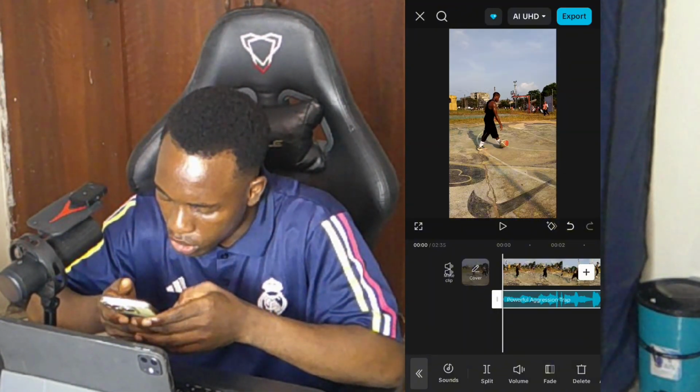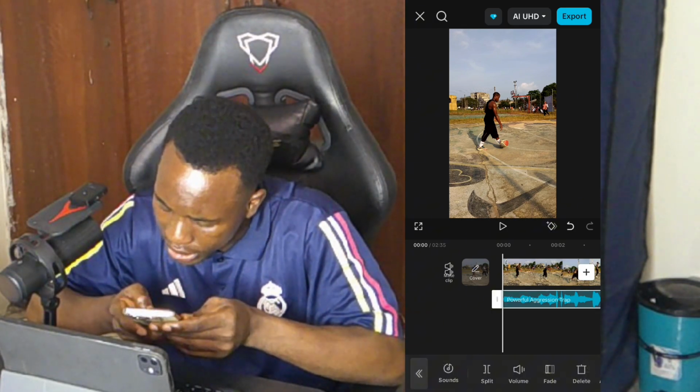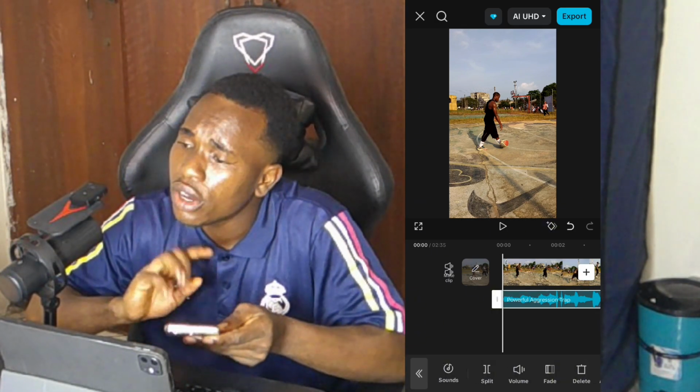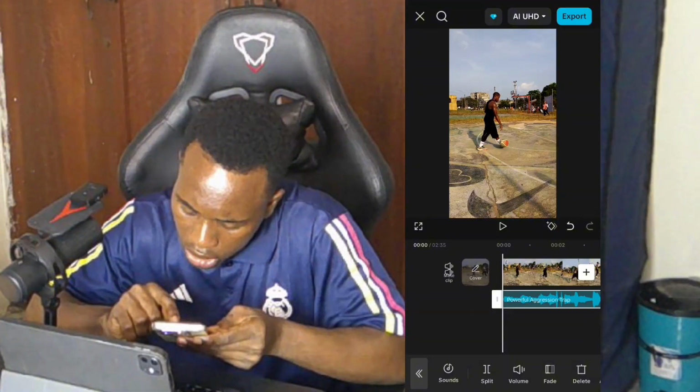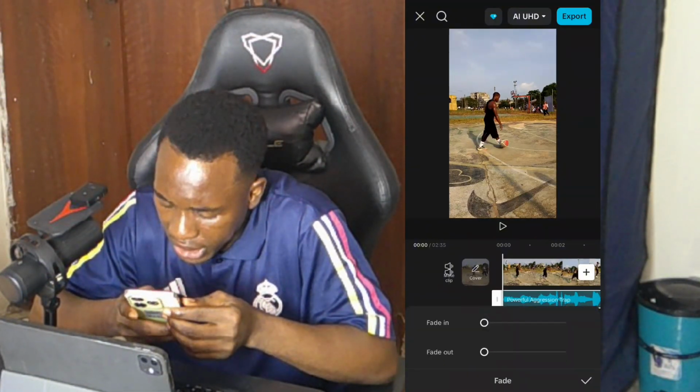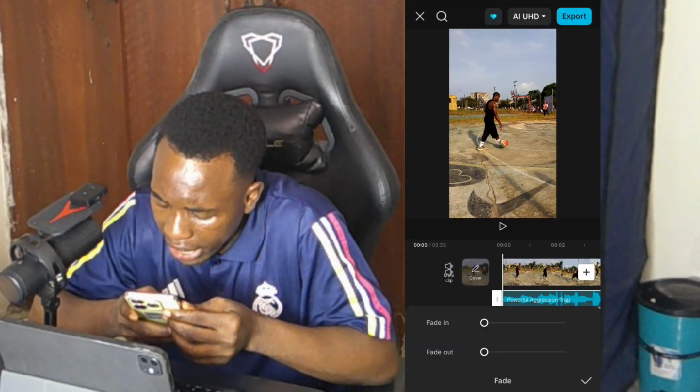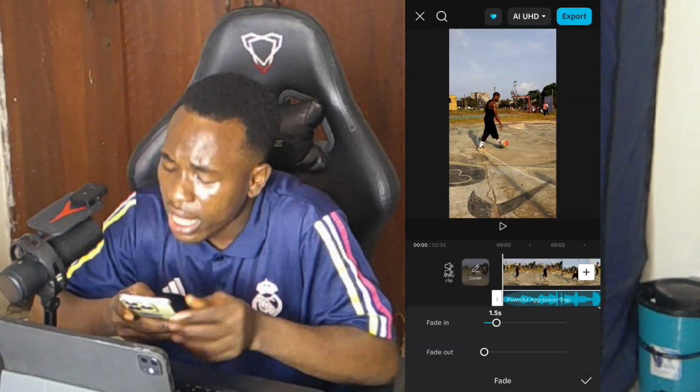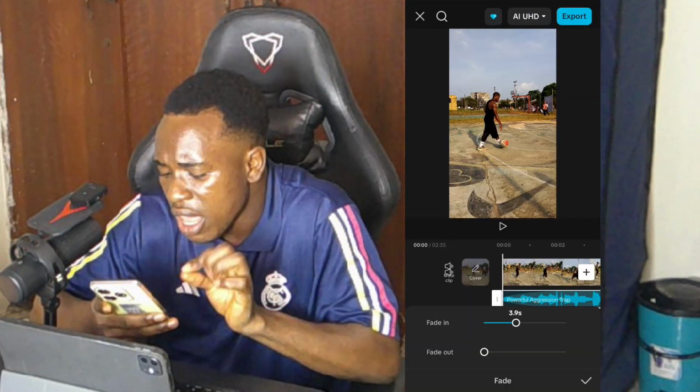So you click on the soundtrack. Once you click on the soundtrack, you can see fade is already here on your editing app. All you have to do is tap on fade in. It comes into the video. Then fade out is automatically how the sound goes out from the video. So let's fade out this sound also. Let me just quickly